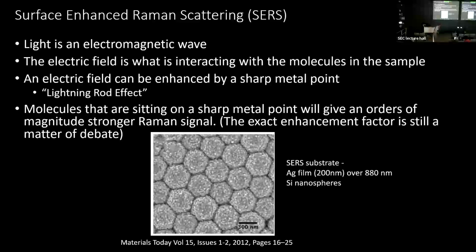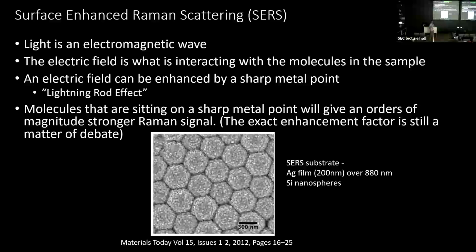So one downside of Raman is that it's fairly inefficient. We get about 1 in 10 to the 8th excitation photons actually making it into this Raman scattering process. So there's a couple tricks for making it more efficient. One is this surface enhanced Raman, where we basically have metal, either metal nanoparticles or a rough metal substrate. And having a sharp metal point will interact with the electric field of the light and enhance the local electric field. And this will give us a stronger probability of Raman process happening. So this is the surface enhanced Raman scattering